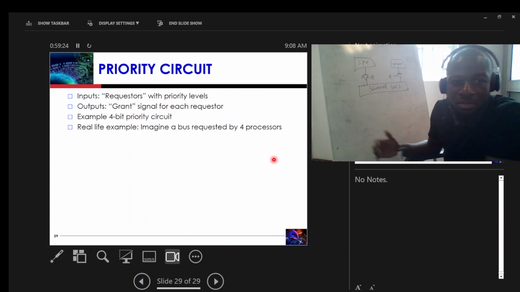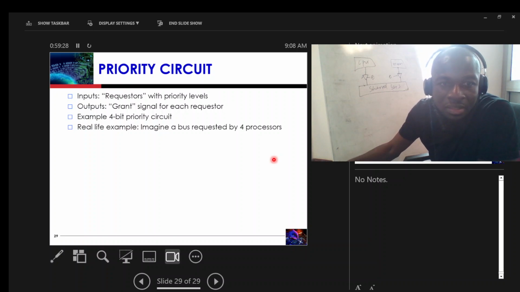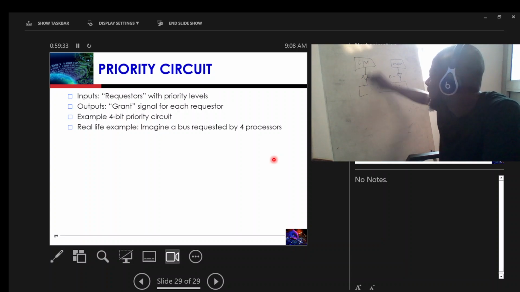Right. Now let's talk about the last component, which is the priority encoder. Now we have in hardware design